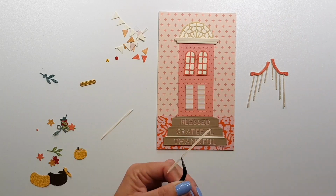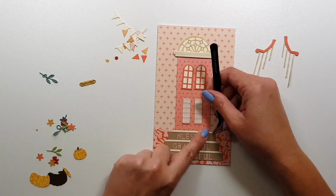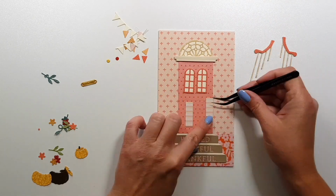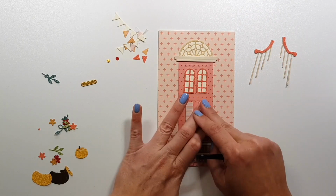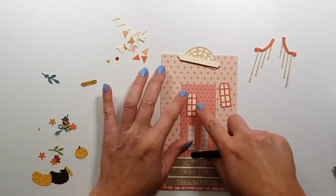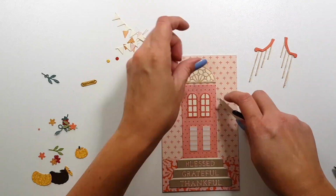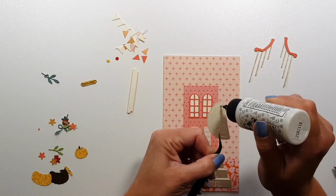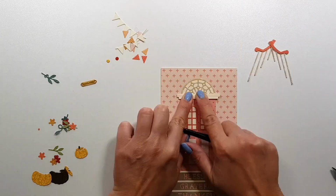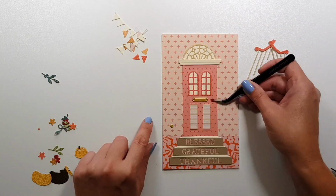And the cardstock that you see on this card, this ivory color, then the light brown, they are Spellbinders cardstock, and also the dark brown that I will use for the pumpkin. Okay, so there's not much to say. You see what I'm doing. Oh yeah,